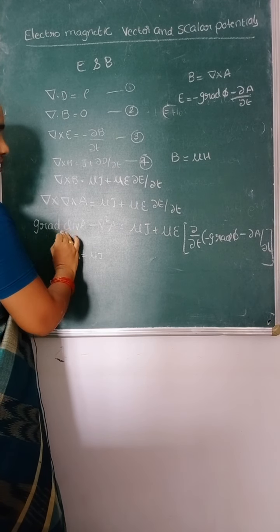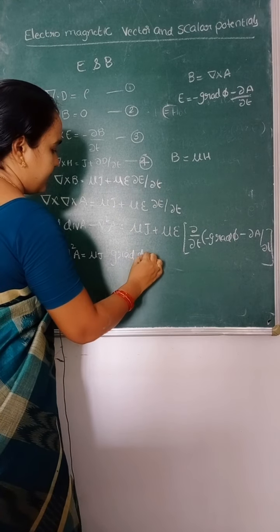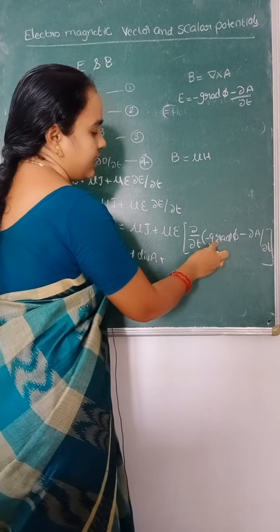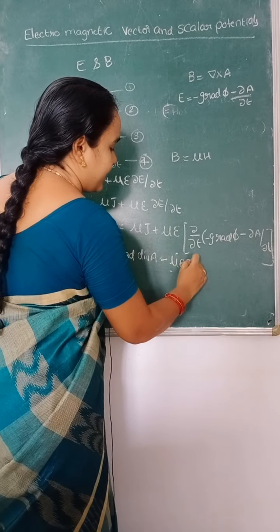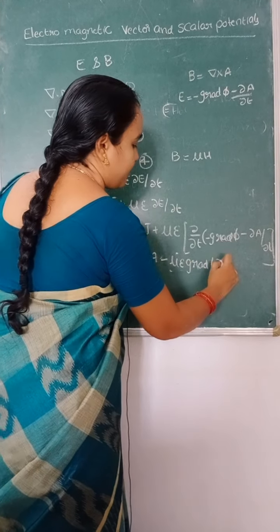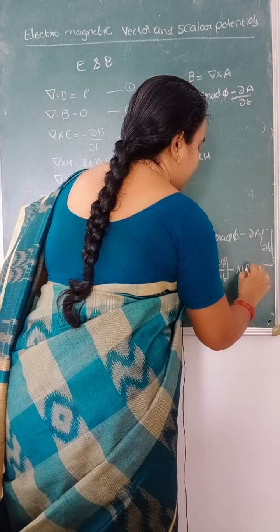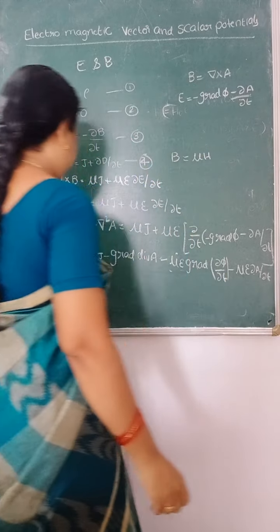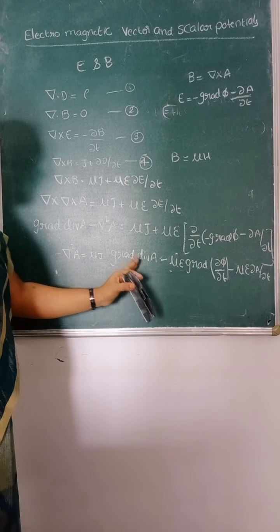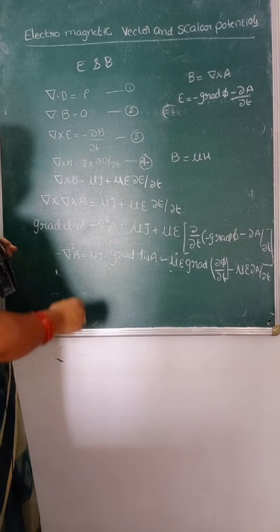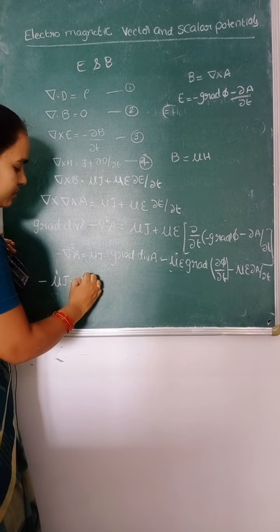If you take this gradient of divergence of A to the right hand side, that is minus gradient of divergence of A. From this term, take minus mu epsilon gradient of the remaining term, dou phi by dou T, minus mu epsilon dou A by dou T. Then take all these terms to the right hand side and mu J to the left hand side, that is minus mu J is equal to del square A